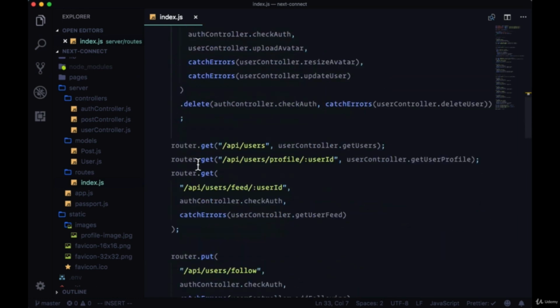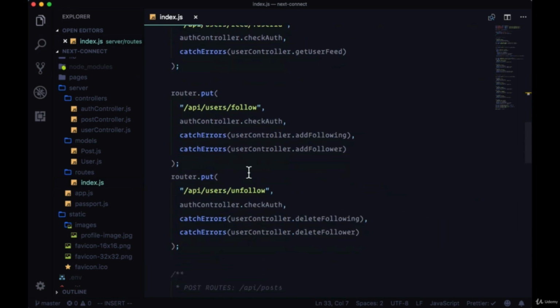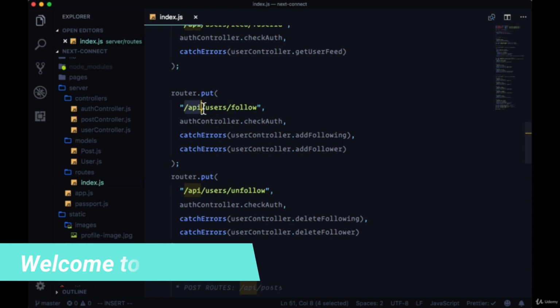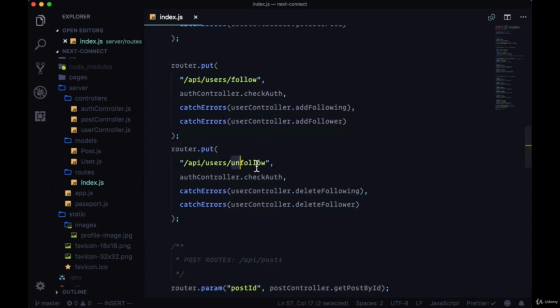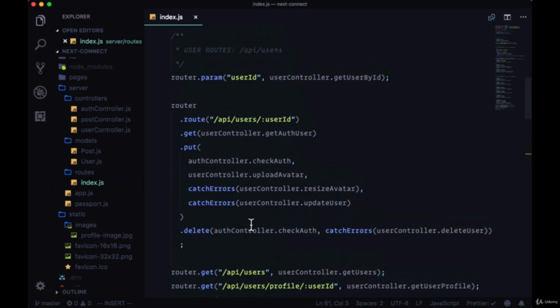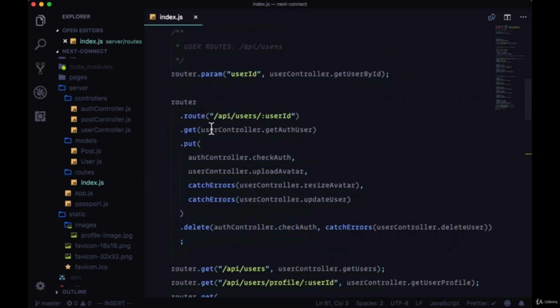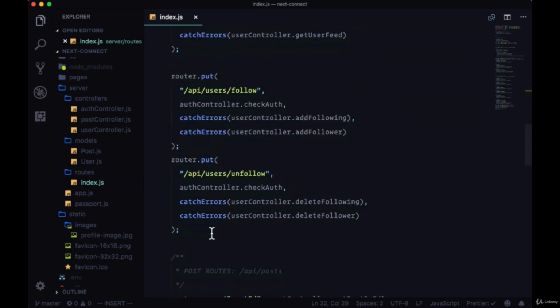Let's take a look at how we can follow and unfollow users. So we have these routes here for /api/user/follow and for unfollow. Now the issue with these routes at the given moment is that they are beneath the routes with the user ID param. Meaning if we specify /api/users/anything, we're going to use this route or the methods attached to this route instead of our follow and unfollow